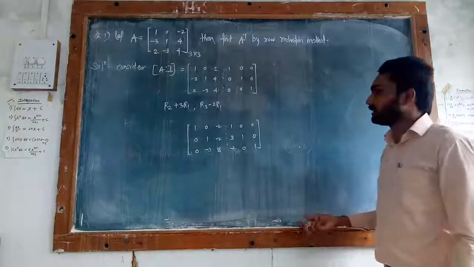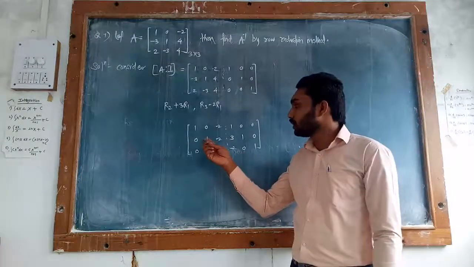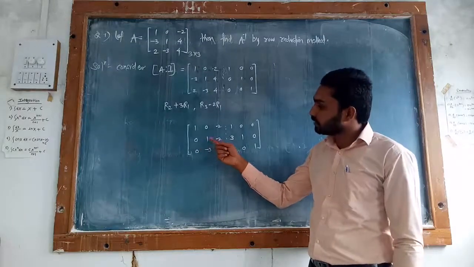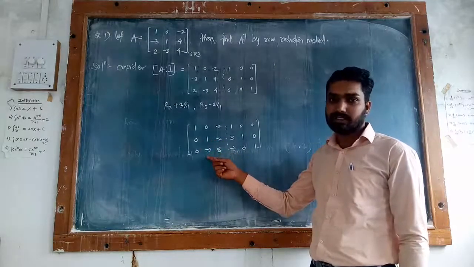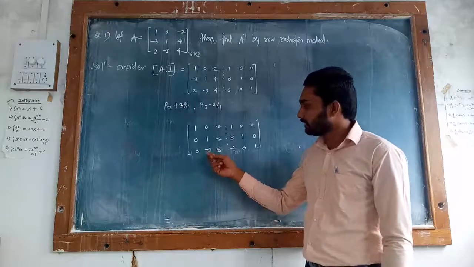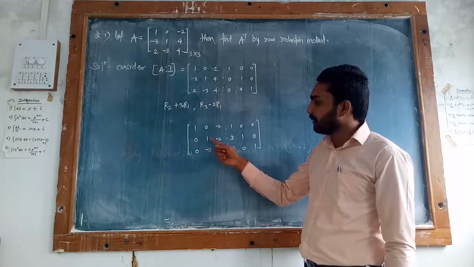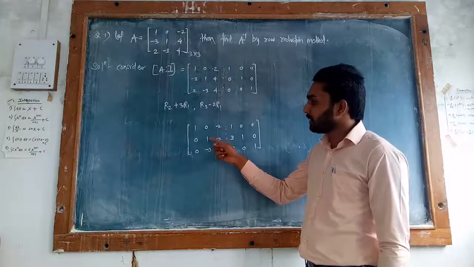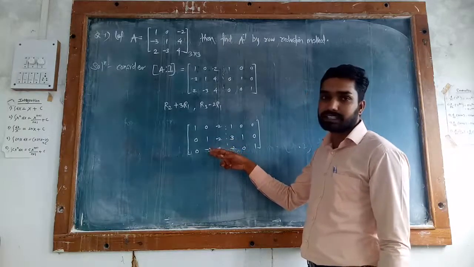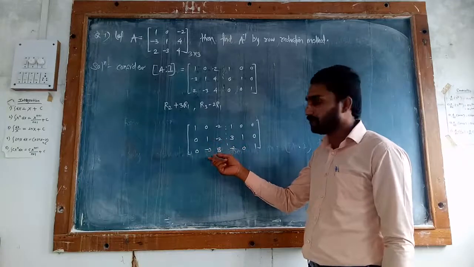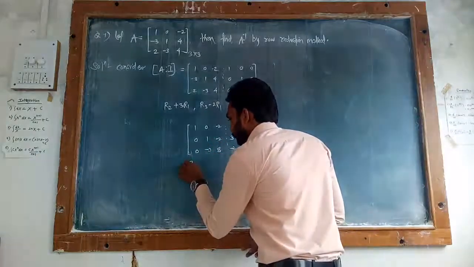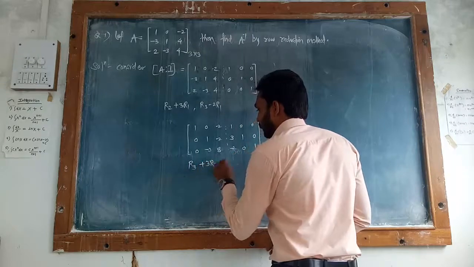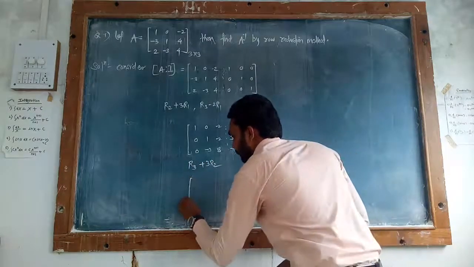Okay. Now the next row operation, we have to make that second entry, that is 8, to 2 become 1. It is already 1, so we have to make the entry below it 0. So how to make this entry 0? This is your minus 3. Then we have to multiply the second row by plus 3. Then plus 3 and this minus 3, we take the addition, that becomes 0. What is your row operation? R3 plus 3 times R2. So it becomes